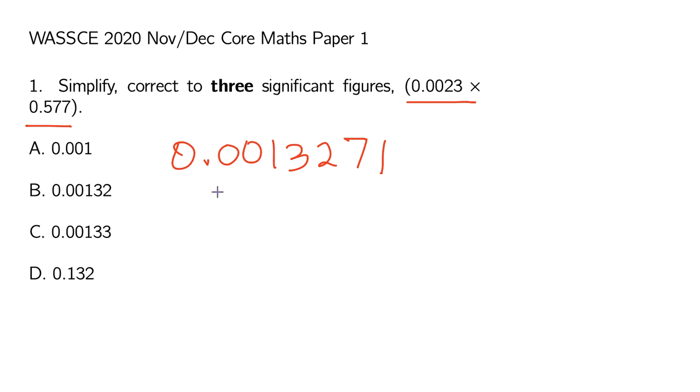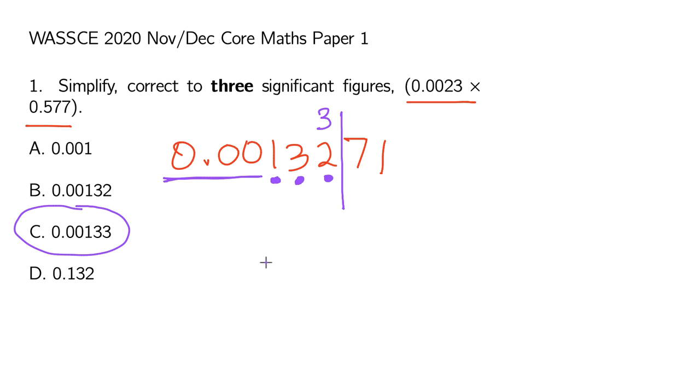And when doing that, what you have to note is that all the zeros that precede the first non-zero number, which is 1, are not significant. So the first significant digit we have here is this 1. Then the second one is 3, and then the third one is 2. So our numbers should be ending here. However, because the number that comes after 2 is greater than or equal to 5, in this case it's 7, we have to bump up this 2 to a 3. So that gives us this number,